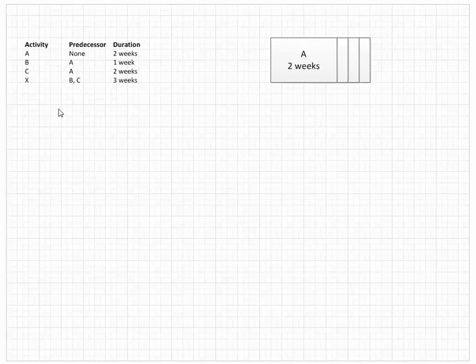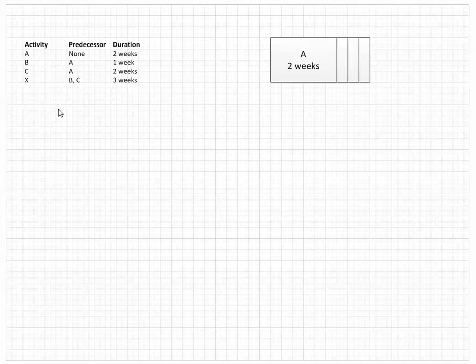In this video, we're going to demonstrate how to do a network diagram and calculate the critical path for a project. As you can see, this project has 4 activities, A, B, C, and X. And those don't mean anything. They could be things like design, implement, test, but I'm just using A, B, C, and X to count as